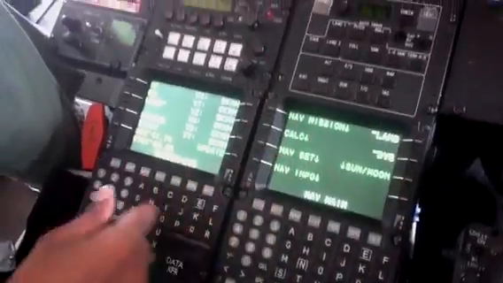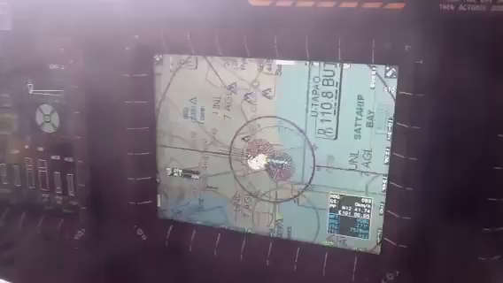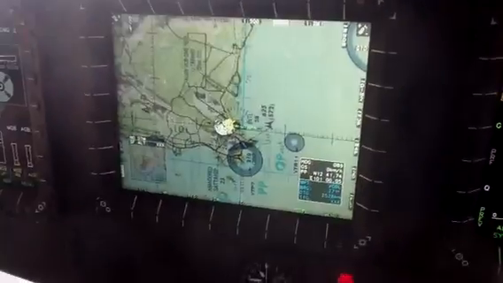Stand by. Okay, now you just see this. You have full map. The good thing is you can store various scales. You can store up to 6 scales, whatever you want. It automatically